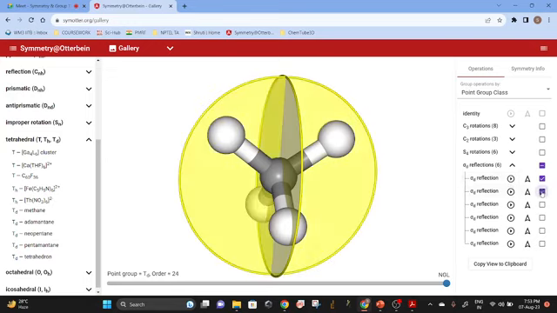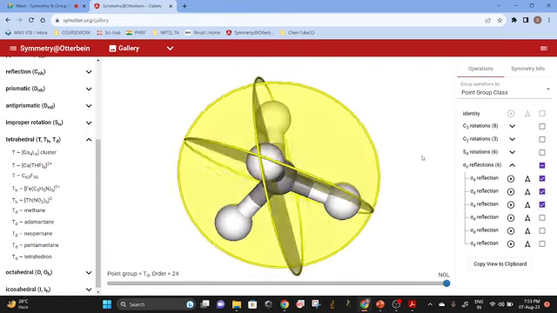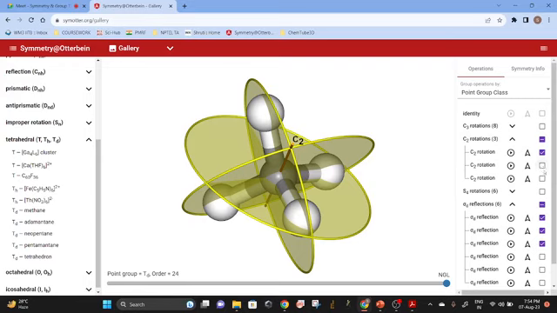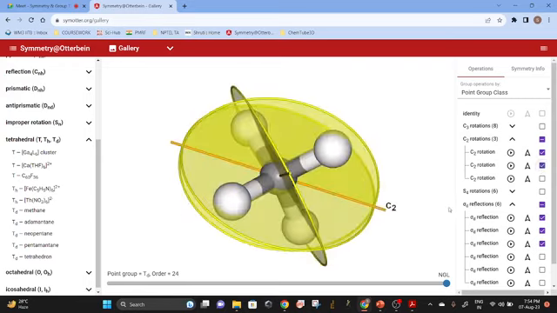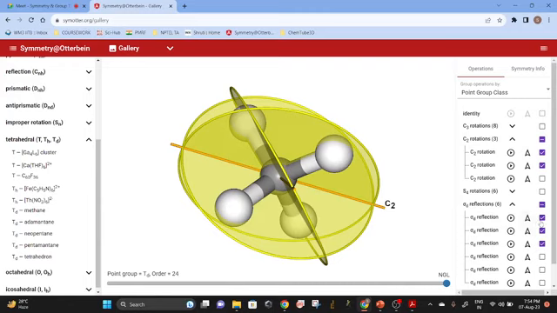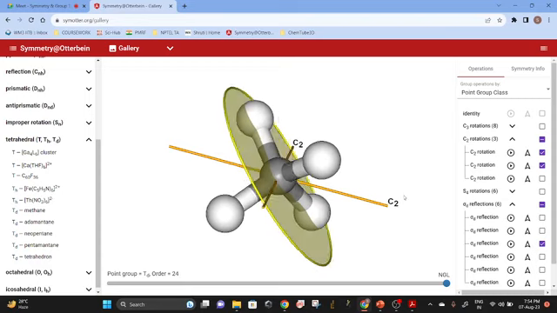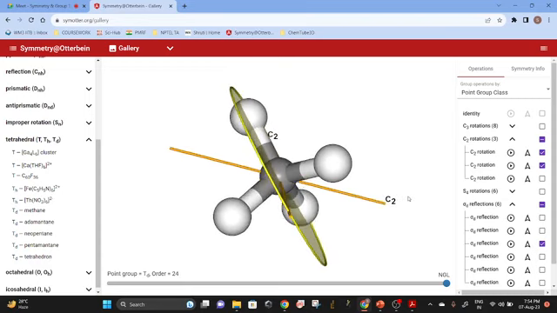So like that we will have 3. And it is D because it is bisecting the angle between two C2s. Okay, let me show you clearly. Ma'am, but it is containing the C2 axis, no? It is containing one C2 axis. Okay, it is containing one, but it is bisecting the other two, right?